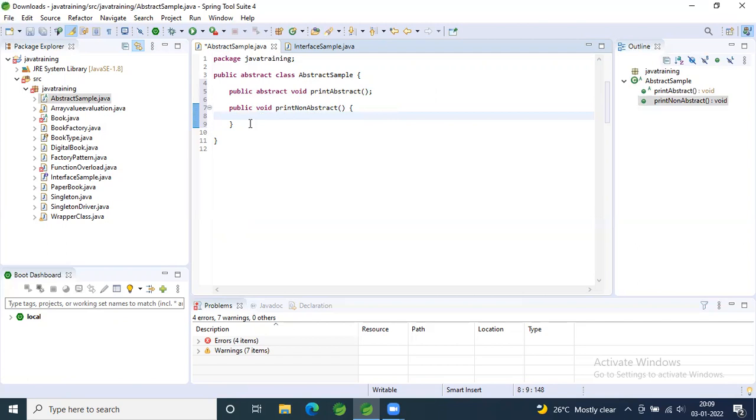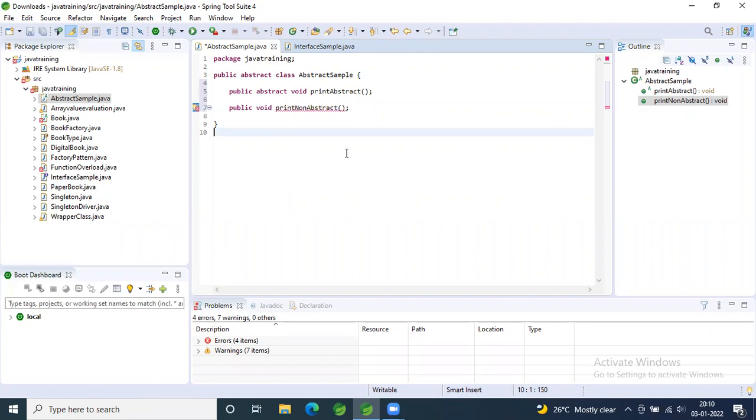Don't have the body, just declare it. Okay. So what is the error you're getting now? It is showing that it requires a body instead of a semicolon.